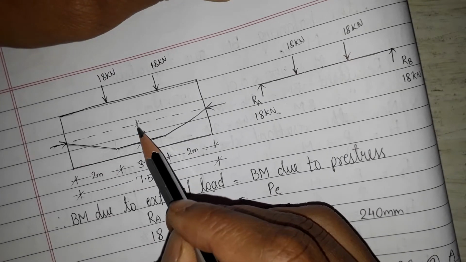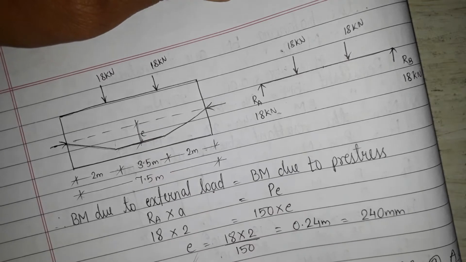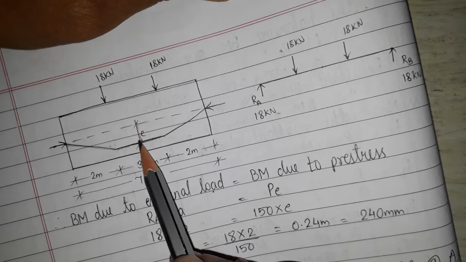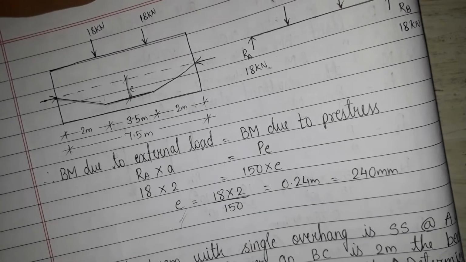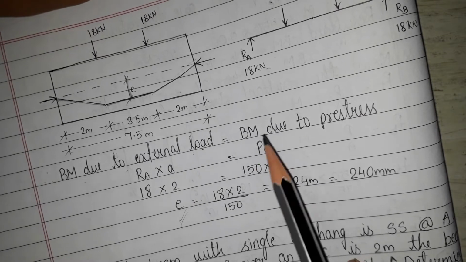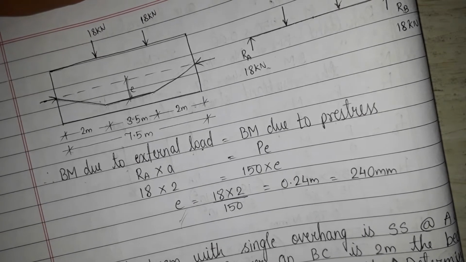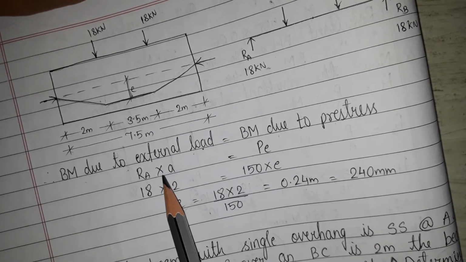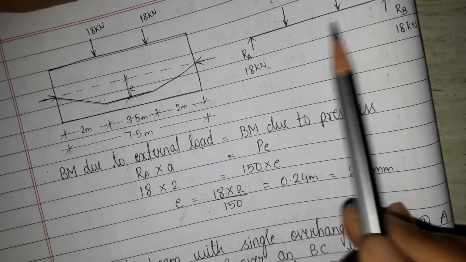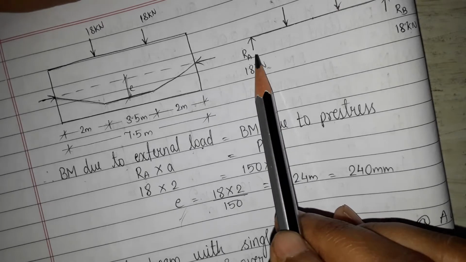Okay, so this should be the cable profile. So we have to find out what should be the E, the eccentricity. We know the cable profile is trapezoidal, but what distance from the centroid, that we have to find out. So the bending moment due to external load should be equal to the bending moment due to prestress. So therefore RA